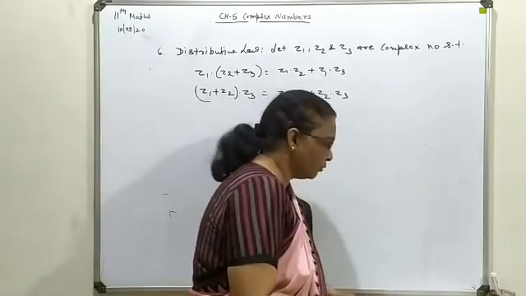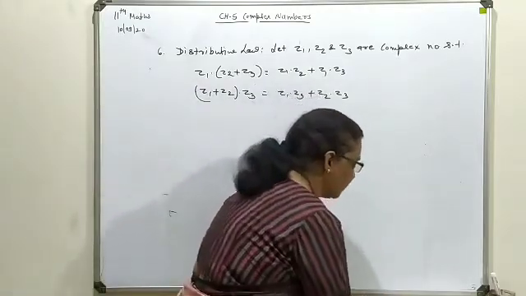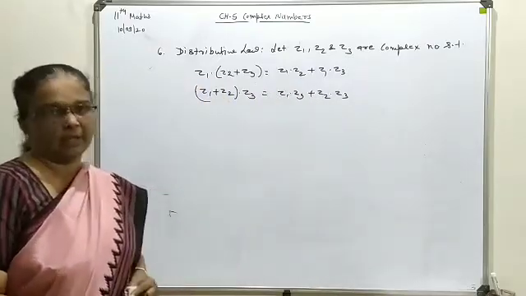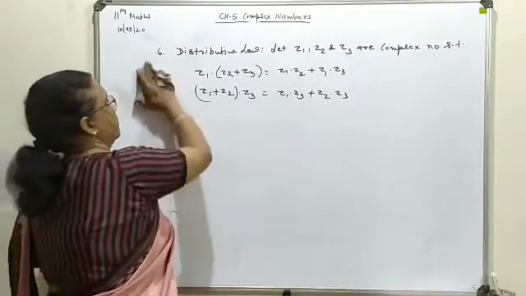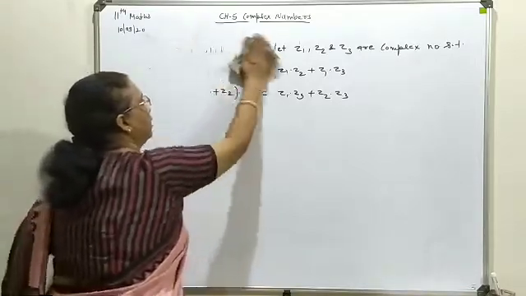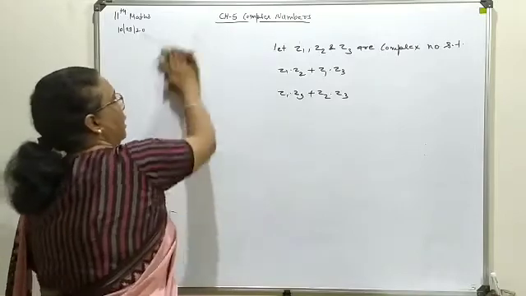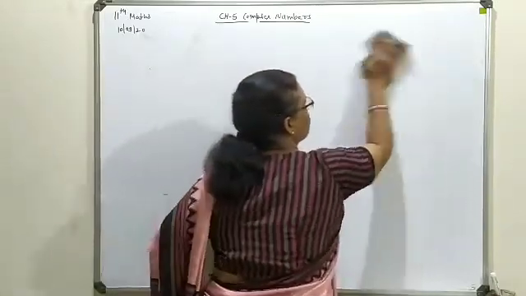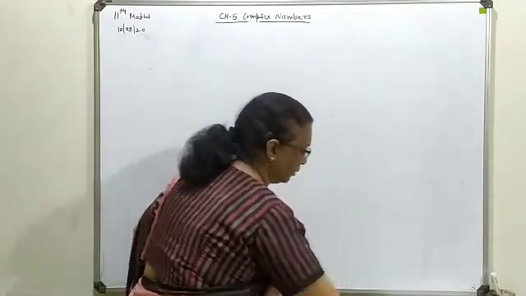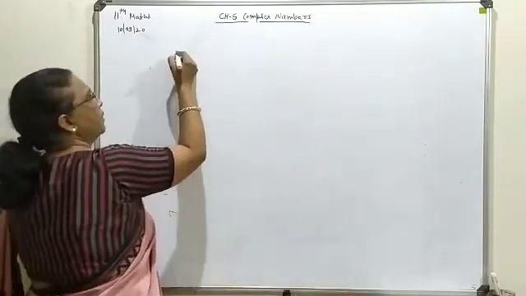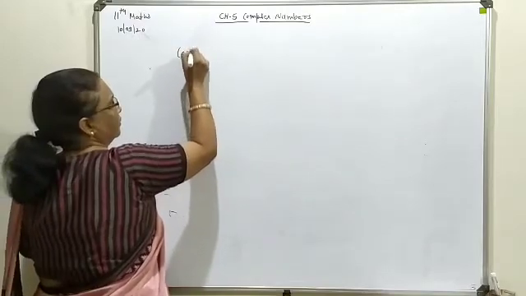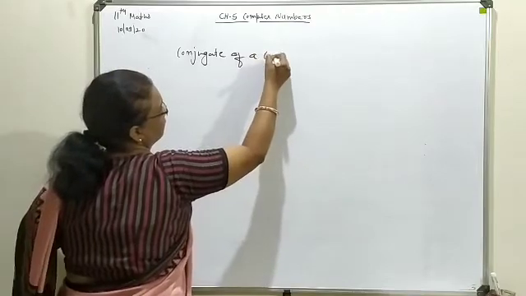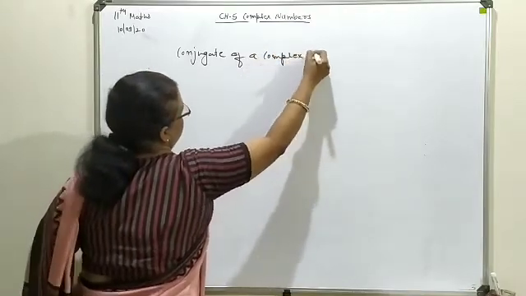Now we are going to move towards the next point, that is evaluation of the modulus and conjugate for a given complex number. First we try to understand how to define the conjugate for a given complex number. What is the symbol we will use for it? So first we talk about the conjugate of a complex number.